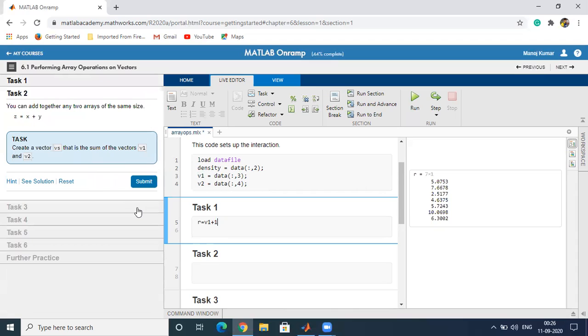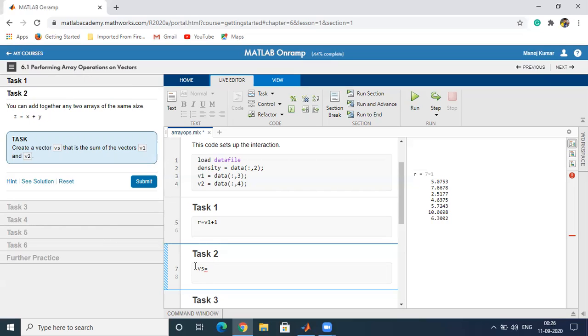Next, we have to create a vector vs which contains the sum of the vectors v1 and v2. vs is the sum of the vectors v1 and v2.